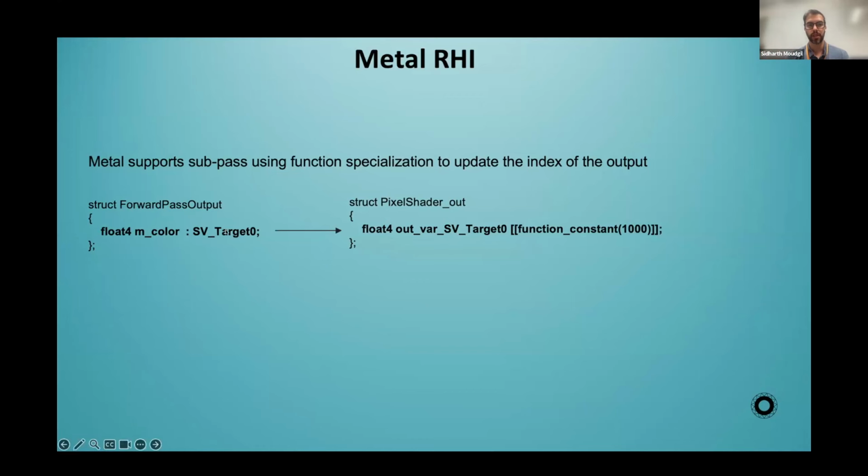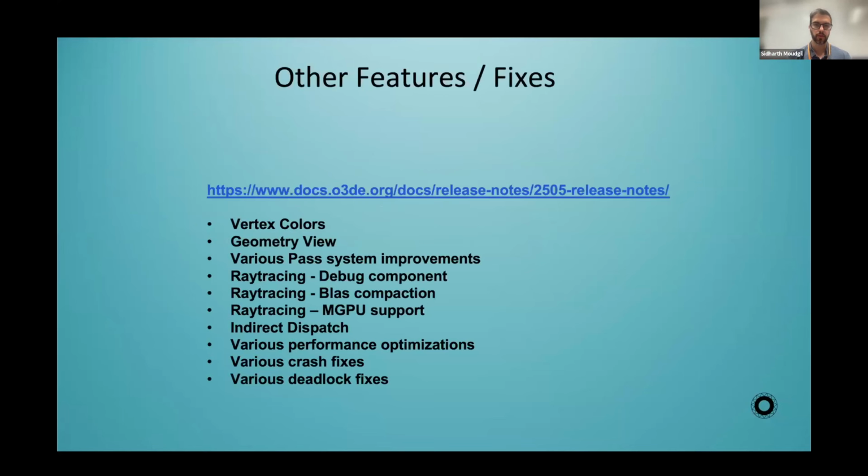And the way we did that is we essentially modified the SV target 0 to a function constant, and then we can provide the value for the function constant at runtime. So if you merge two passes and the output of those passes changes, we can update that. And then Metal takes care of the rest. So we got a little bit lucky there, and we did a little bit of hackery, and we were able to get subpass support for Metal as well. We don't really care about DirectX 12 because DirectX 12 phones was a thing, but it's not really a thing. Maybe HoloLens can be a thing in future, and if HoloLens becomes a thing, because they're probably using tile GPUs, then we will add DirectX 12 support.